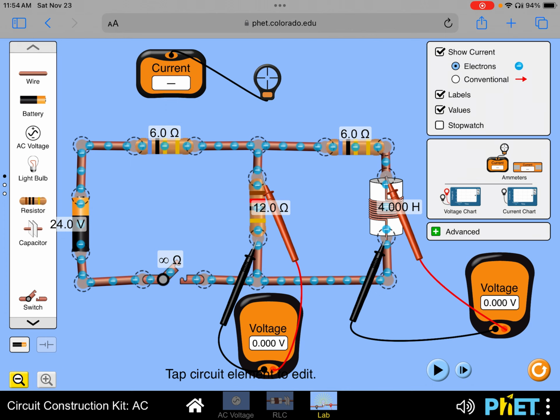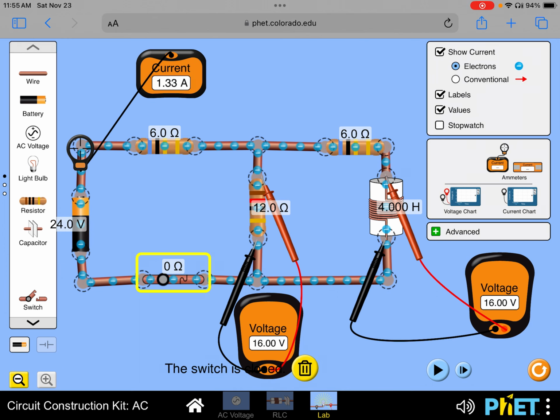I placed 2 voltage sensors, 2 voltmeters, one at the 12 ohm resistor and one at the inductor. I also have a way to measure the current in the circuit, and of course now that nothing is running, the current is 0. Now I close the switch